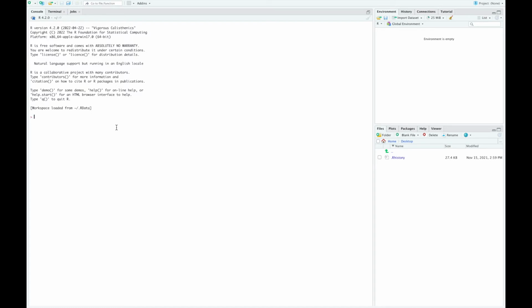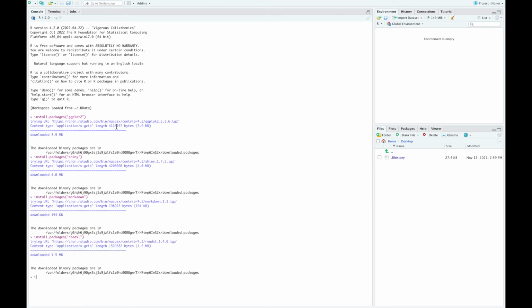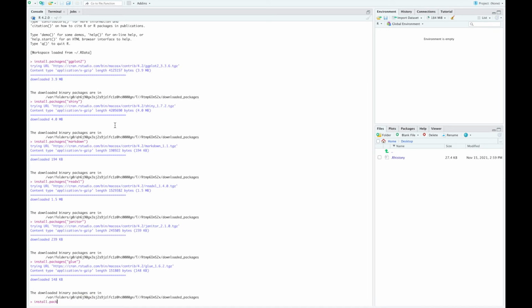On the left side of RStudio is my console, where I use the install.packages command to run the following: install.packages ggplot2, install.packages shiny, install.packages markdown, install.packages readxl, install.packages janitor, install.packages glue, install.packages rclipboard,